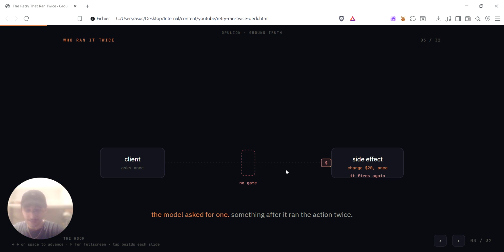The second execution happened after the model was already done. So the issue is somewhere in the machinery that takes the model's request and carries it out. And just like the dropped tool call from the last video,